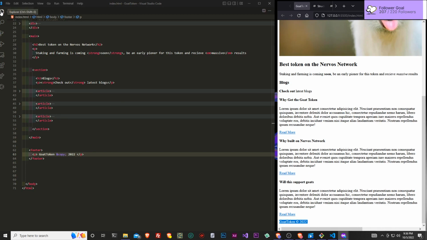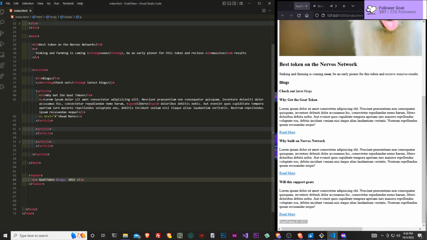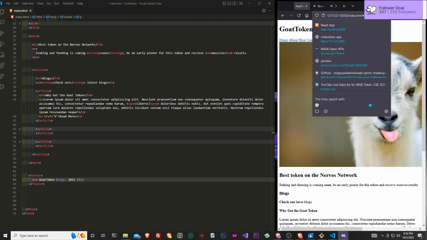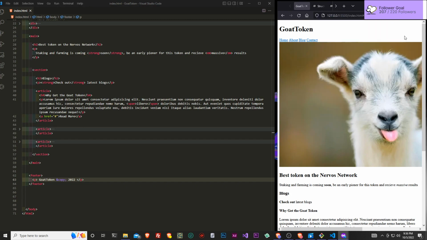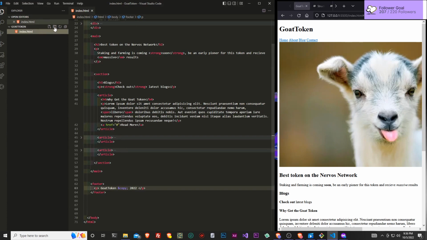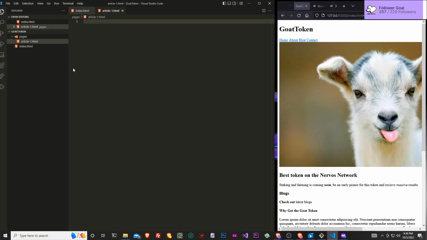At the same time, let's also link more of the section. So let's say if we click this link, it's going to lead us nowhere. You guys can see on the top of our URL, it really leads us nowhere. It just gives us a nice hashtag. But if we create a folder, and let's call this pages, inside of our pages we're just going to link it to article 1 and call this article1.html.